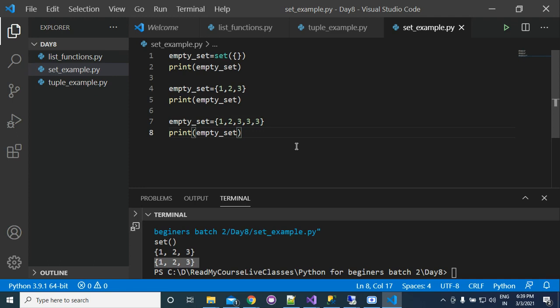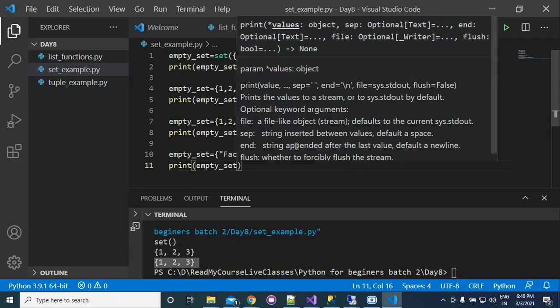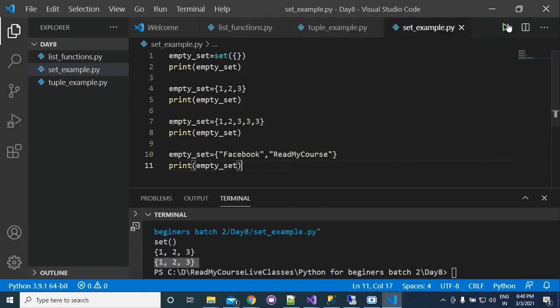Similarly, you can also create a set that contains company names like Facebook, and then Read My Course. If you print your set, you will get Facebook, Read My Course.